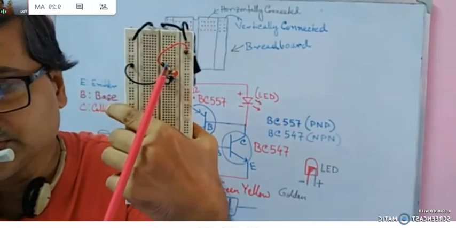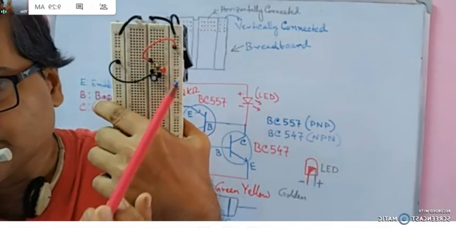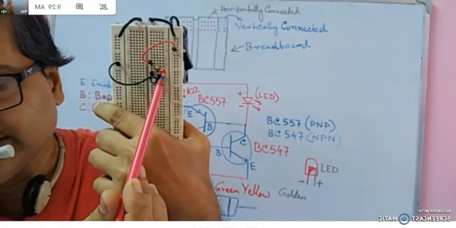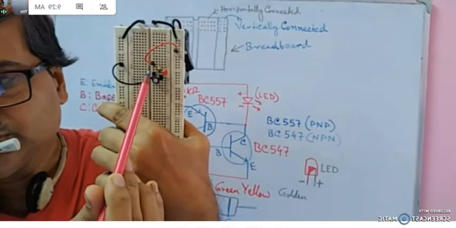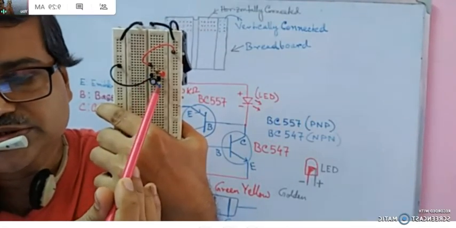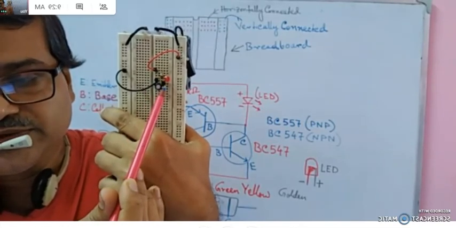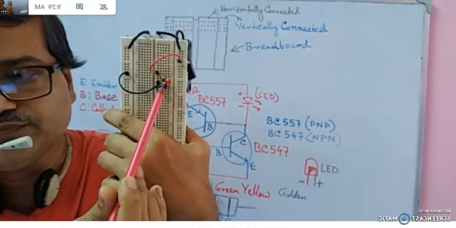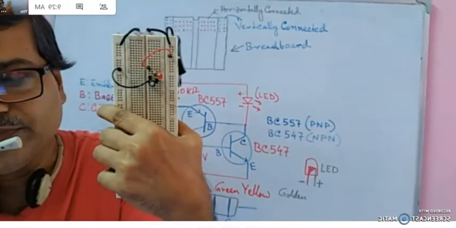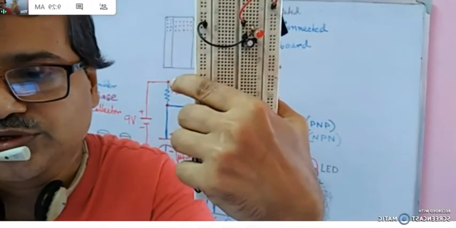Now this is the small circuit diagram where I have used the different components. This one is the red LED. This cylindrical one is the capacitor. These two small ones are the transistors, one is BC557, one is BC547, and this one is the resistor. So only 1, 2, 3, 4, 5 components are there. Very simple circuit. I am showing you from another angle.